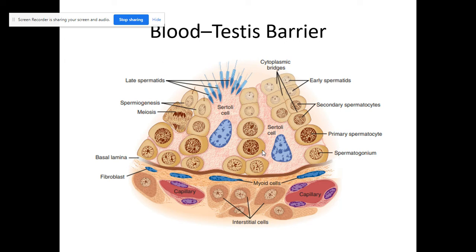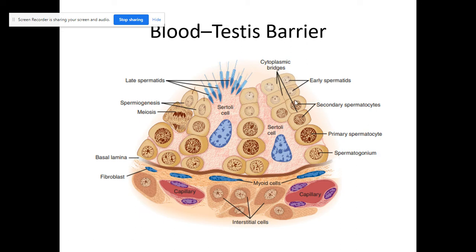so proceeding to the blood testis barrier, in this figure, you can see that the walls of the seminiferous tubules are lined by primitive germ cells and Sertoli cells. Okay, there are Sertoli cells here and primitive germ cells. They are also lined by complex glycogen containing cells that stretch from the basal lamina of the tubule to the lumen. Here's the basal lamina. Okay. Germ cells must stay in contact with Sertoli cells to survive. This contact is maintained by these cytoplasmic bridges. So, parang may mga frame sila to maintain